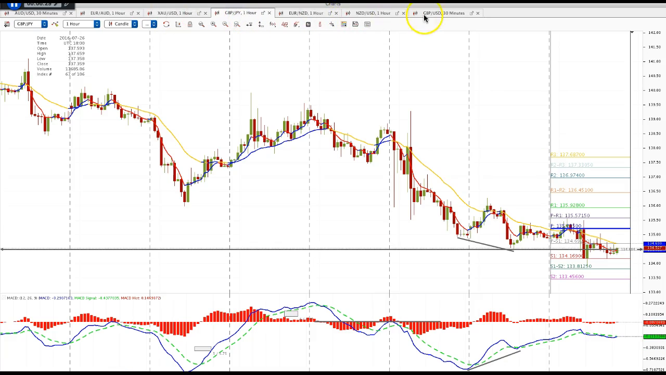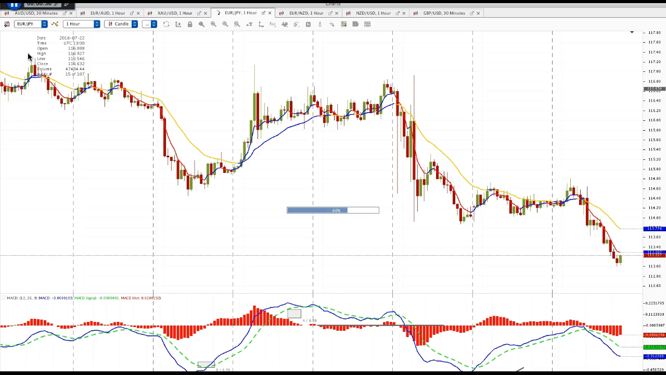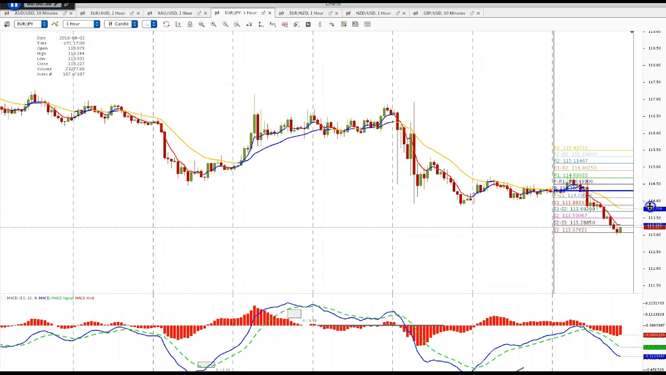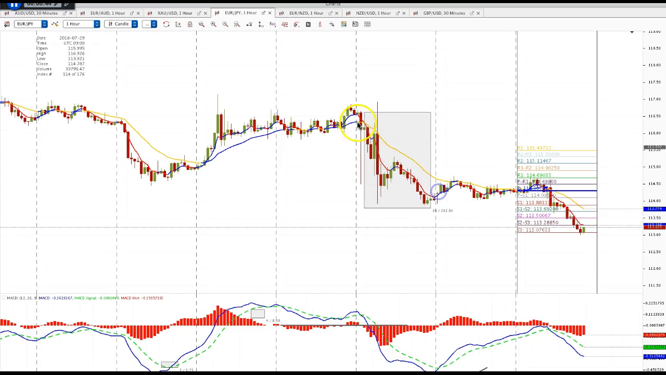You see if we can find the euro yen. I think it was a good trade setup. And not much of a retracement. And here's Monday's sell-off, and here's Monday's retracement. And this is a good